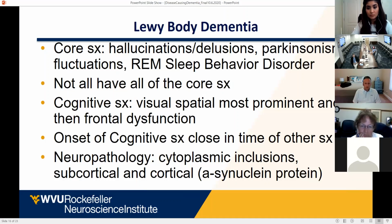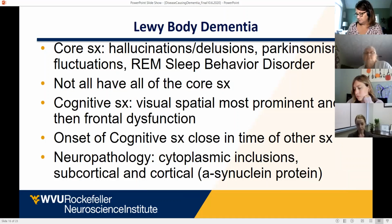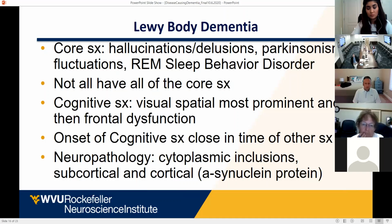So the other kind of dementia that is much more common than we think is Lewy body dementia. I'll tell you that when I started out, this diagnosis didn't even exist. The disease existed, but we didn't really even have a name for it. And then some people started noticing folks that they thought had Alzheimer's disease who also had Parkinson's symptoms. So Lewy body disease is named after these inclusions that you get in the vessels, these Lewy body inclusions that typically happen in Parkinson's that actually spread to the cortex and produce hallucinations, fluctuations, Parkinsonism, not commonly tremor, but maybe